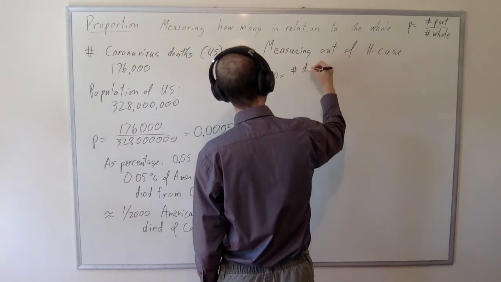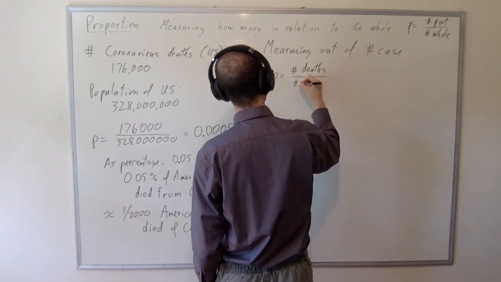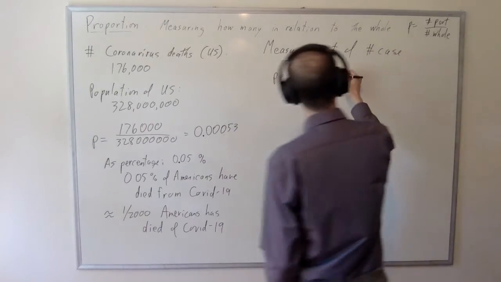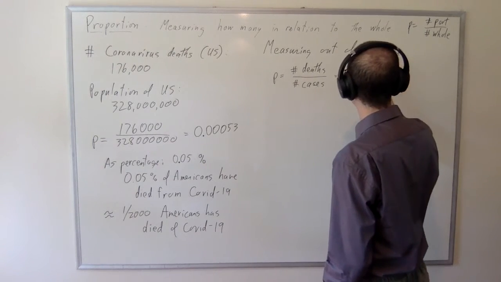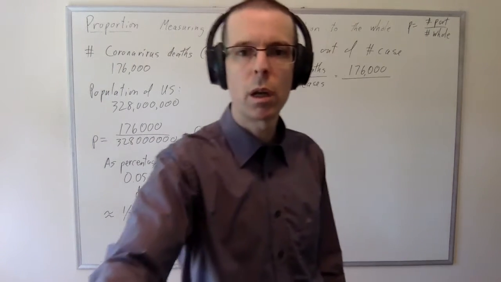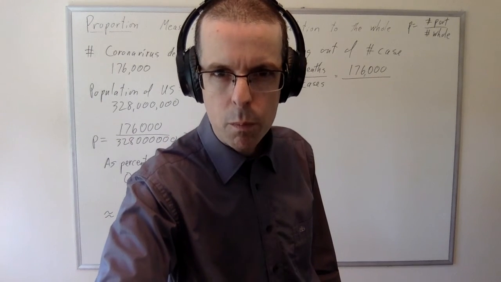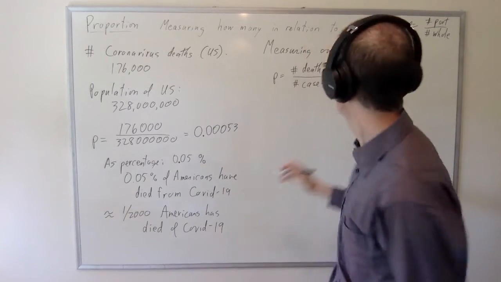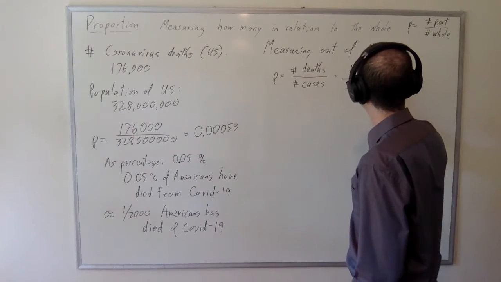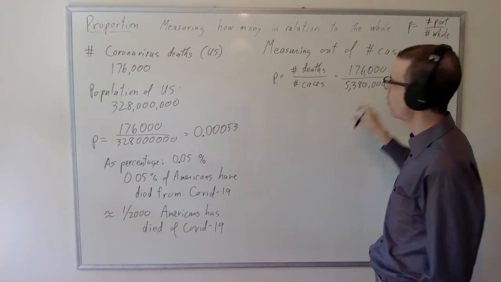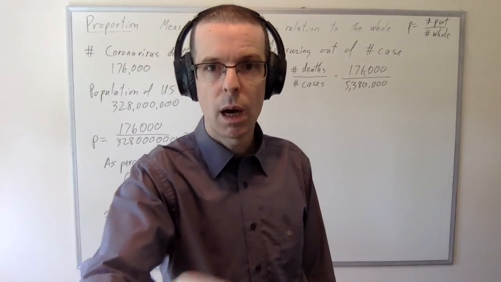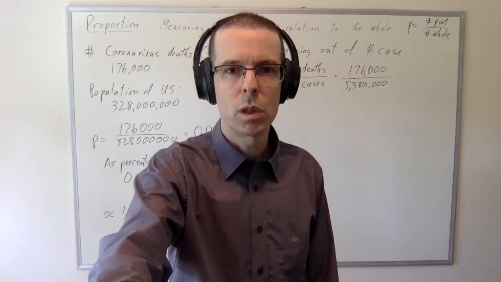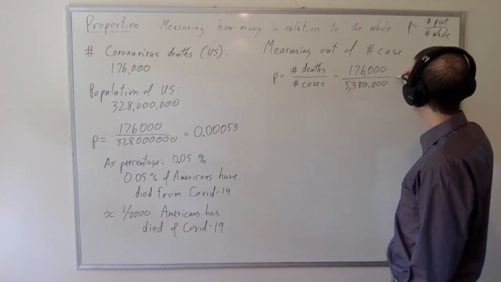Let's take the number of coronavirus deaths and divide by the number of cases. Now, on August 23, we can calculate this as about 176,000 divided by, let me look it up, about 5.38 million. So that's the approximate number of US cases today. I mean, not cases today, but cases throughout the course of this pandemic. And that works out to be